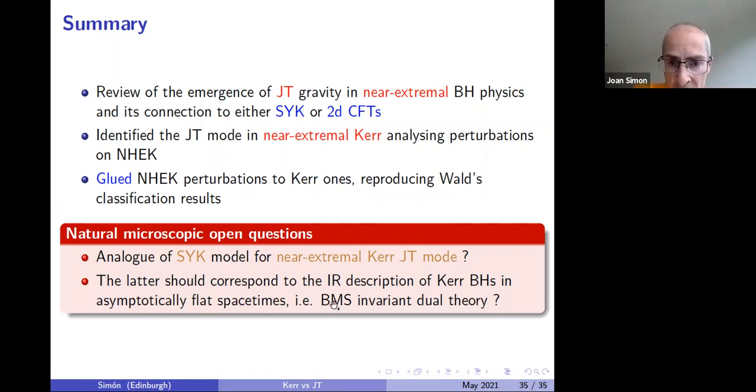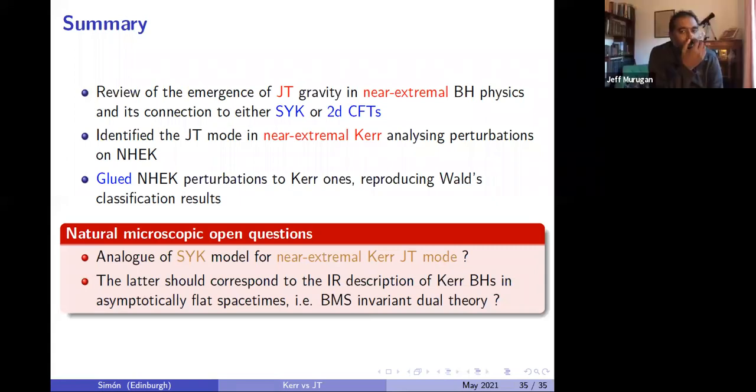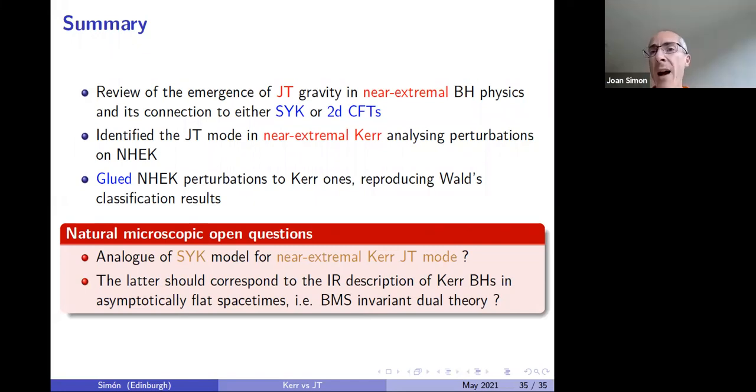Personally, I feel that this may be a BMS invariant dual theory. I don't know if you agree or not, but it's not important. There is some UV theory that describes flat holography. Call it celestial sphere, call it whatever you want. The claim that I would definitely make out of this talk, and I don't think that this is controversial, in my opinion, I'm just rephrasing what you were saying, is that whatever that UV theory is,